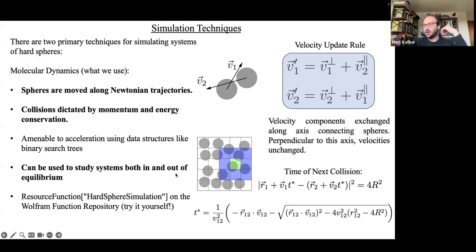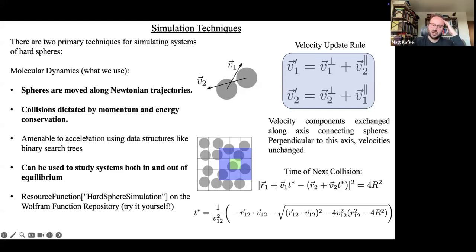You can use this to study non-equilibrium physics, which is what we're going to do. It's a bit too much detail now to say that you can work out exactly the time that the collision will take place. That can be used to make your simulations go very quickly. And in fact, this is necessary because you can't parallelize simulations like this. People have tried, and it's not the best way to run really efficient simulations of systems like this and really